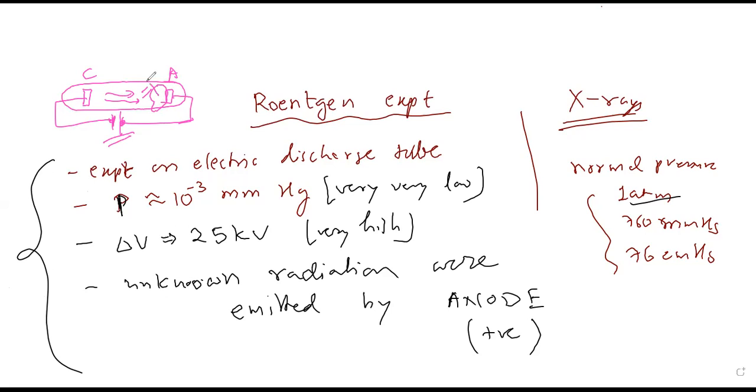There was some radiation which affected the other particles also. So that means the anode is producing some radiation whose nature was not known at that time. But now we know that this unknown radiation was produced by bombarding highly energetic electrons, which were emerging from the cathode,